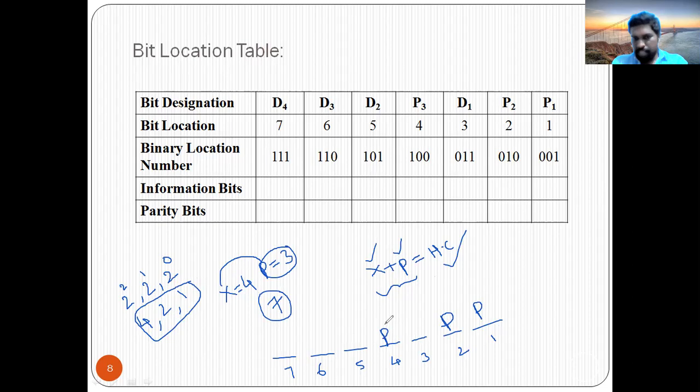So among 7, 3 are filled with parity bits. And what are the remaining? Obviously, they will be data bits. This is your data bit, this is your data bit, this is your data bit, and this is the data bit. Okay, so that is the sequence I mentioned here. Write down the values 1, 2, 3, 4, 5, and convert these decimal numbers into binary format. Fill the values given in the question in this row, and your task is to find the parity bits column. When we deal with an example, it is very easy to understand.